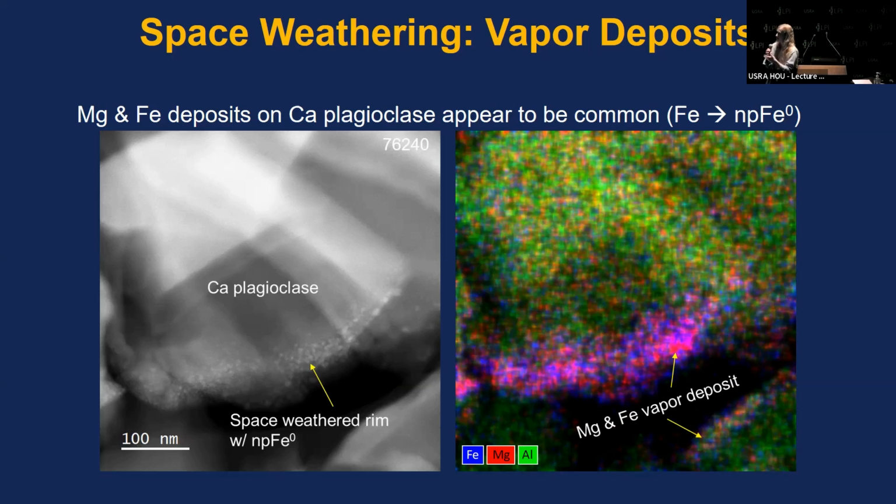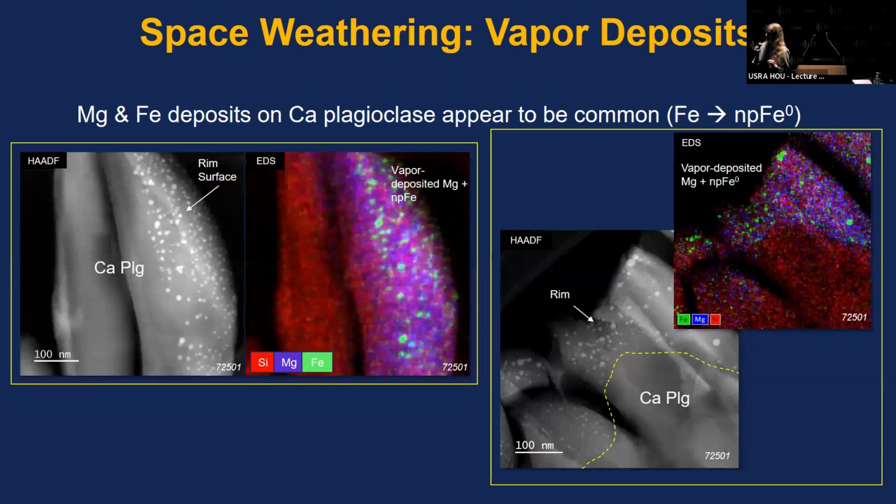are found on. Plagioclase doesn't typically, that we see, accumulate vesicles or amorphous rims. We do see a lot of depositional features on it though. And one of them is a rim of iron nanoparticles and also magnesium, and they very typically go together in this way. Here's another couple of examples of calcium plagioclase grains with coatings of nanophase metallic iron particles with magnesium alongside them. And so what we're interpreting this as is